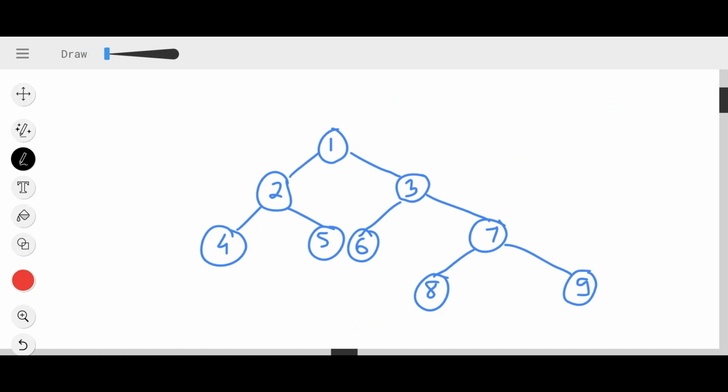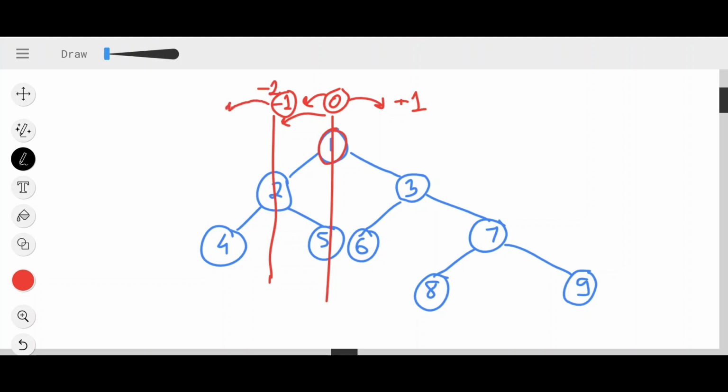So let's see how to implement this. What I'll do, I'll start a traversal from the root node, line by line. So this is one line and I will mark this line as line 0. Whenever you move to the left hand side, simply decrement your line number by 1, and whenever you move to the right hand side, simply increment your line number by 1. Now when you move to the left hand side, you will traverse this vertical line. Since you are moving to the left, you need to do -1. Earlier your line number was 0. If you do 0 minus 1, you will mark this line number as -1.